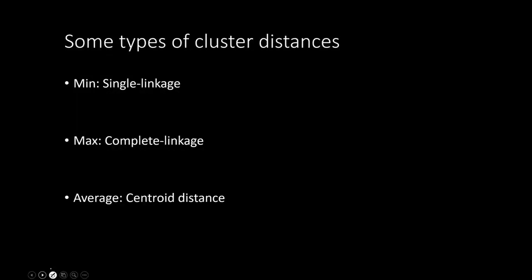So before that, let's look at how we will merge the clusters. There are different ways of merging the clusters based on the distance. That distance, the vertical axis of the dendrogram, we want to see what the criteria for that is. There are three broad criteria. We can have other kinds of criteria also. One is single linkage, the other is complete linkage, and the third is centroid distance.